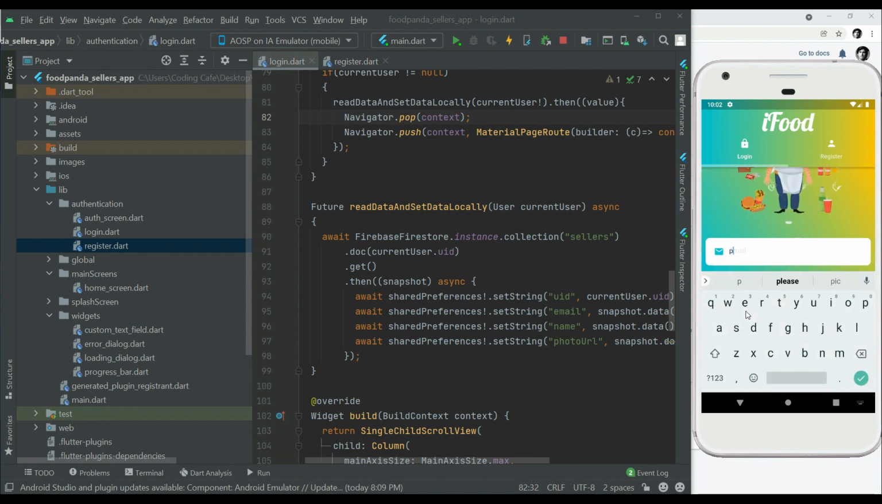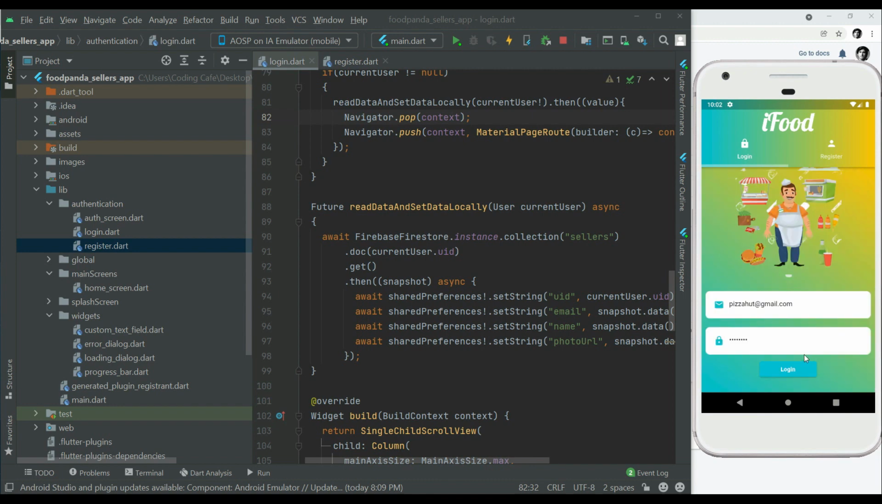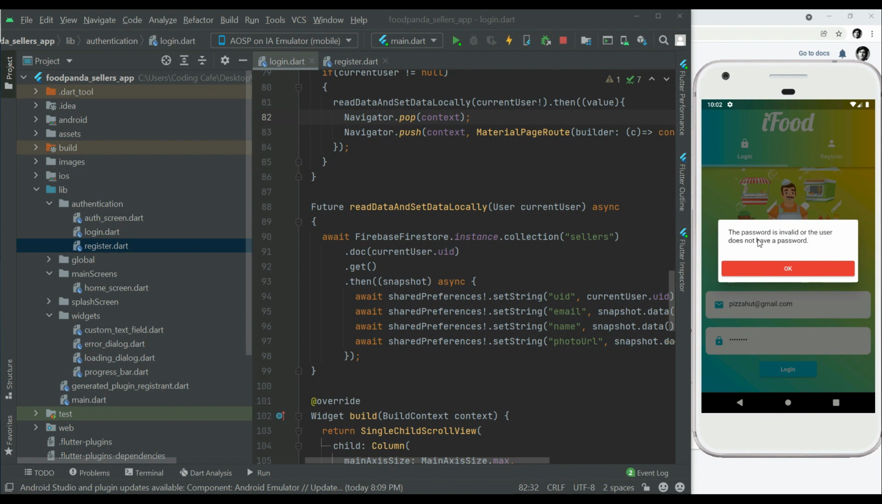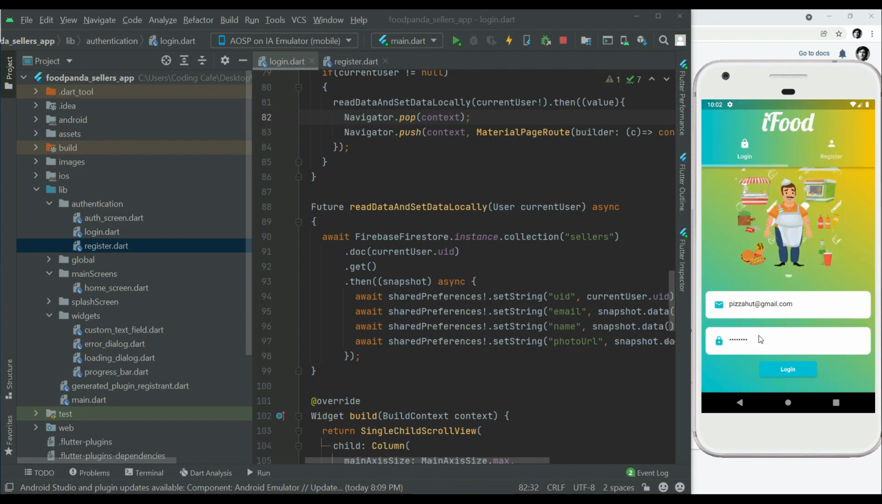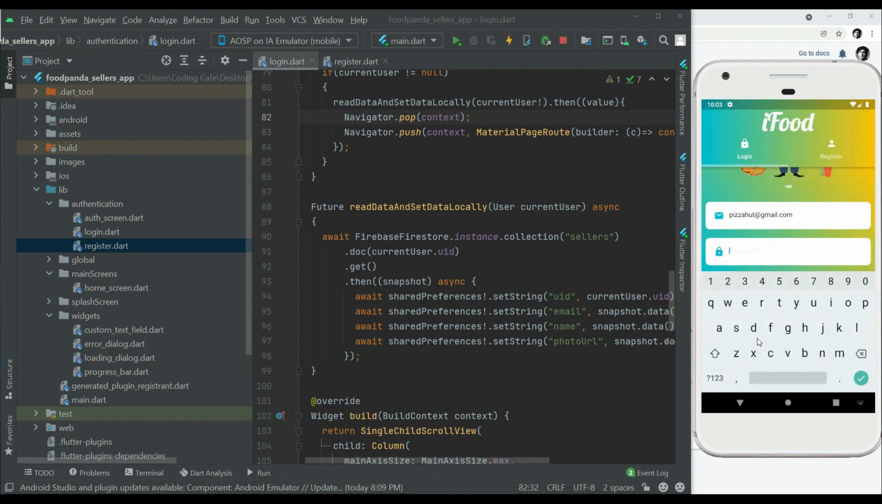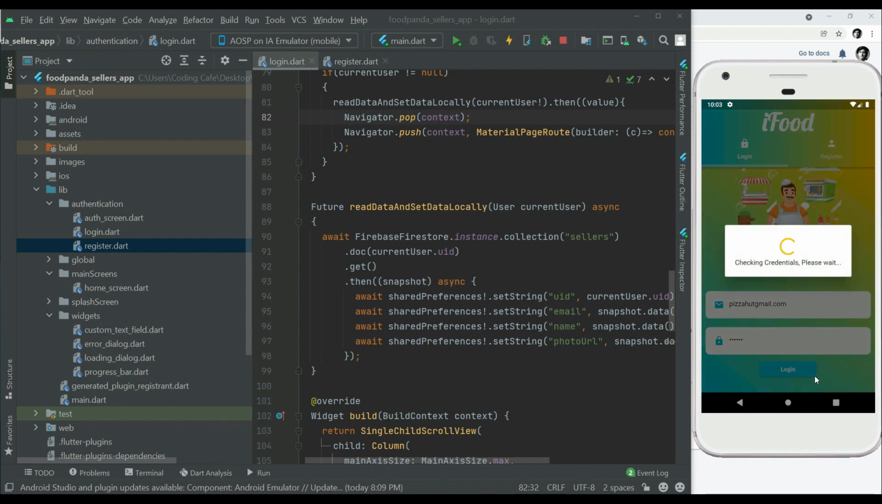So first of all, let's log in to any seller account, pizza@gmail.com. Then of course, now I'm going to write an incorrect password. Okay, so let's check if the error comes or not. Here you can see it. The error dialog: the password is invalid or the user does not have a password. So it shows you this. You have to write the correct password. Now if I write the correct password, and I remove this underscore from it, the @ sorry, and I click on login, then it will say